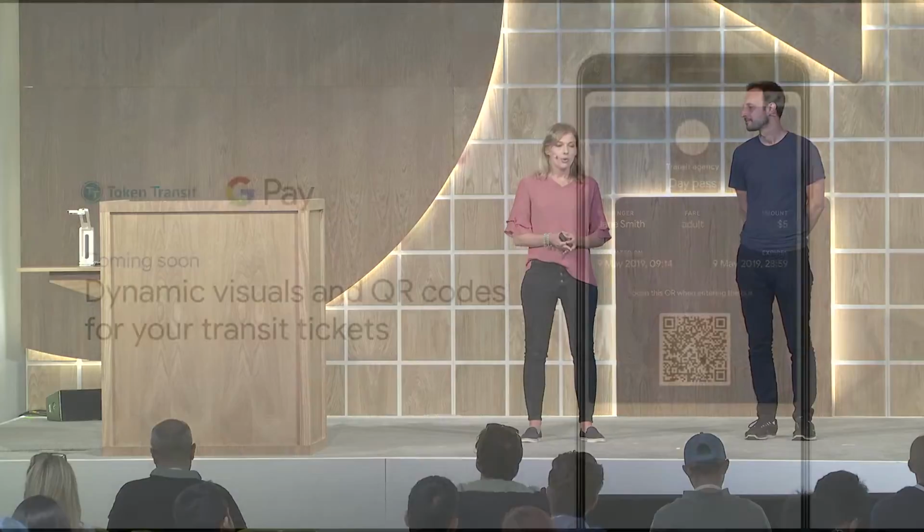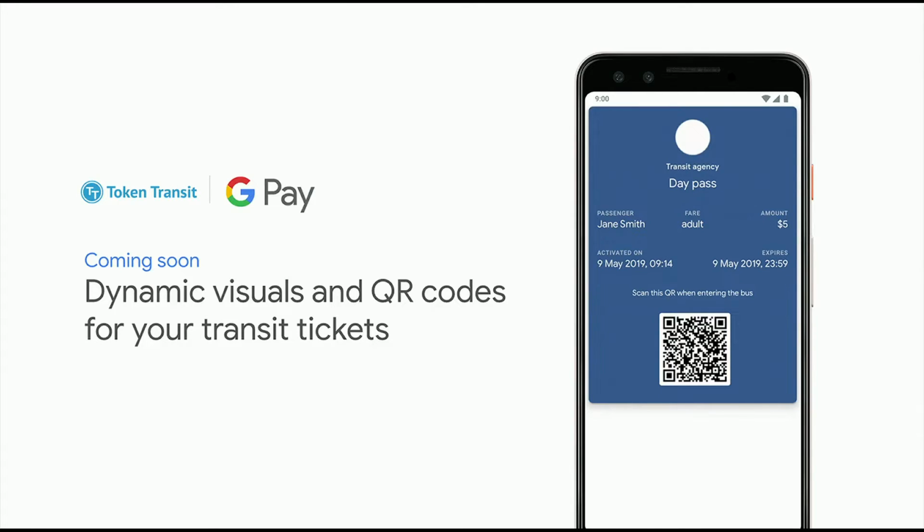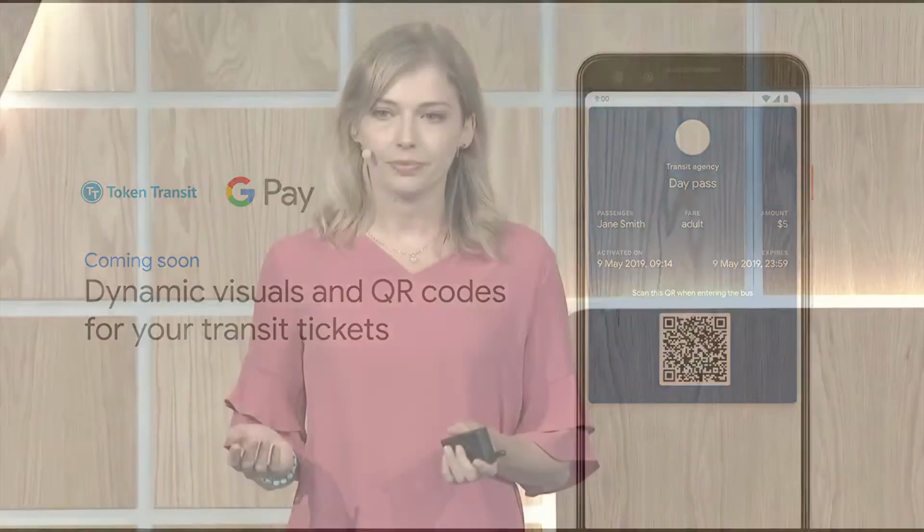So this is for static barcodes, something that might not update all the time. But we are also working on enhancing this API to support dynamic visuals and dynamic barcode or QR codes. A dynamic barcode is a barcode that will update every couple of seconds, even if the device is offline. And what that really means is more security, because somehow if someone was able to take a picture of my pass or just replicate it, this pass would only be valid for the next couple of seconds, because after that, this pass will also update the barcode again, and it's much harder to commit fraud.